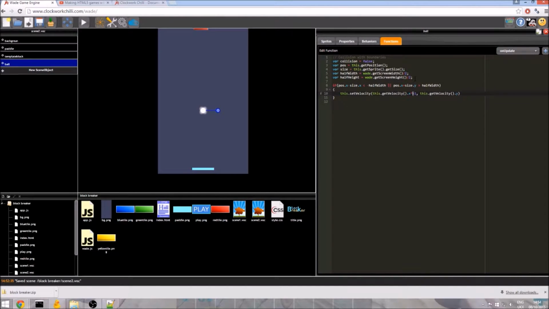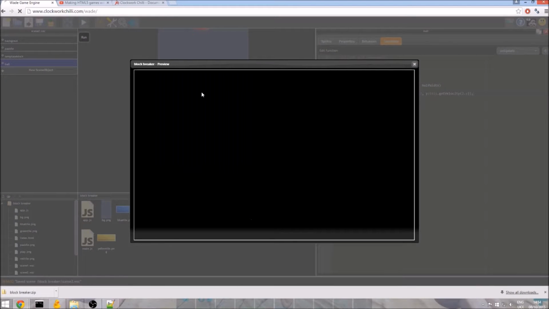Now remember, before we were setting a velocity. Velocity is a vector, so this needs to be an object with an x parameter and a y parameter shortly after. And we close the object. So that should cover our left and right. I don't know if we'll get to see it, but we'll try. So let's run the program.